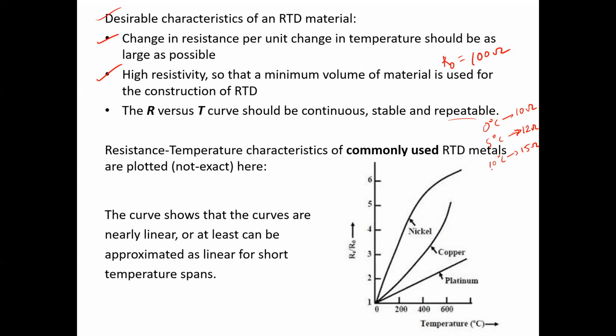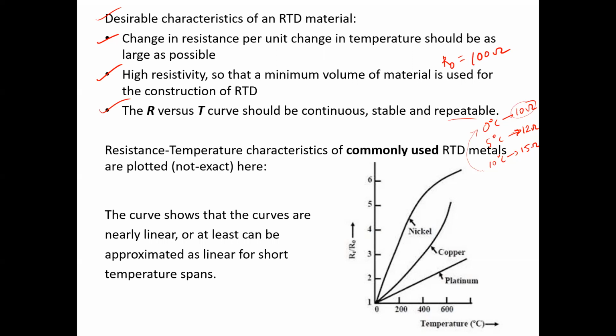And suppose from 10 degrees Celsius, when the temperature decreases to 0 degrees Celsius again, it should go back to 10 ohms again. Then again, for each jump in the value of the temperature, the jump in the value of the resistance should also be similar for each case, which means it should be repeatable, so that the relationship between the two quantities can be justified